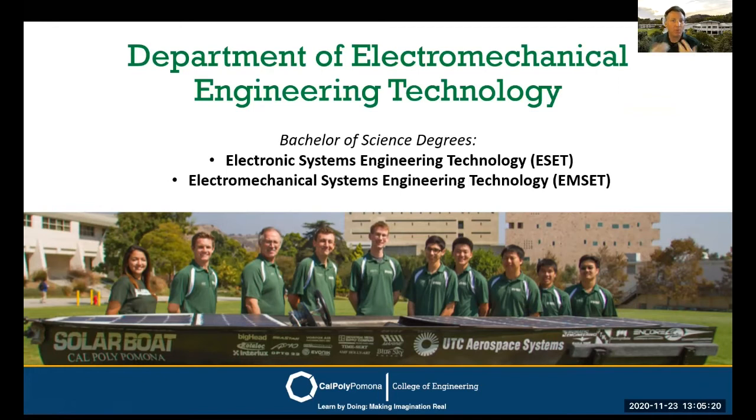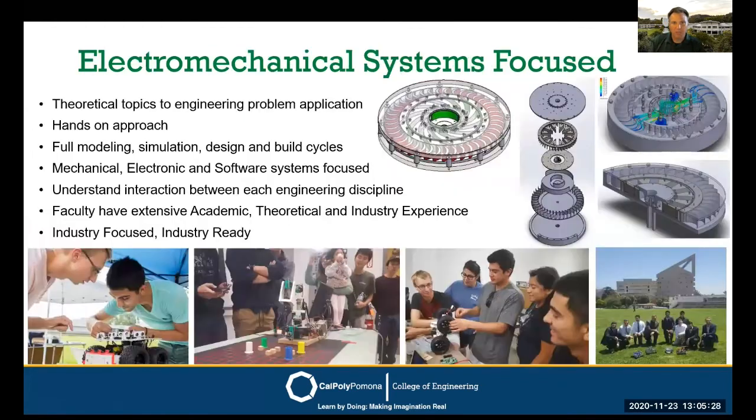For example, when we think about electromechanical engineering, we think about robotics, right? We think about how a robot might move. So for example, as you see in this chart, on the bottom, you can see that you have students who have built and designed and programmed their own autonomous vehicle. That's an electromechanical engineering system. And we look at the technology that goes into that. What we want to do is understand how we take that theory and how we apply it to an overall system at the same time.